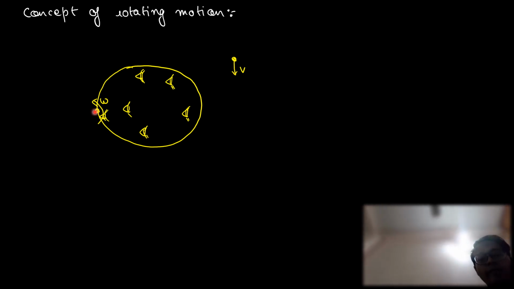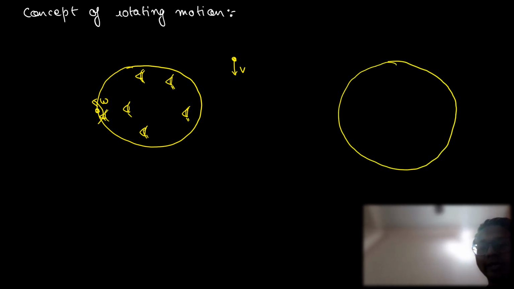Any particle he sees with any velocity, that means if this particle is moving with velocity v downward with respect to this frame of reference, then any observer on the disk, at any point in the disk, will see this particle moving down with velocity v. It doesn't matter where the observer is situated. And one more thing, if there is a circular disk,